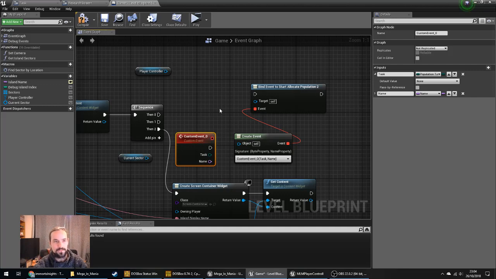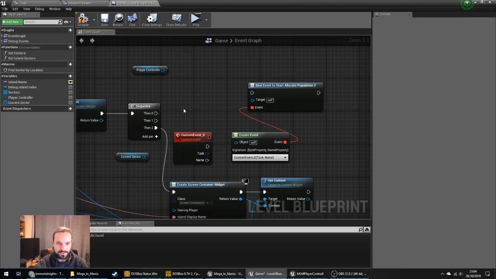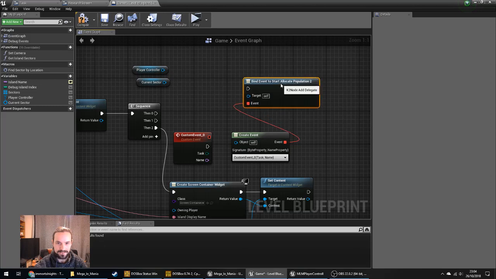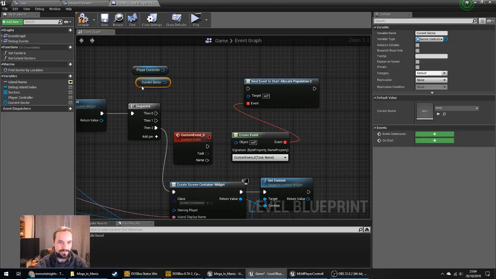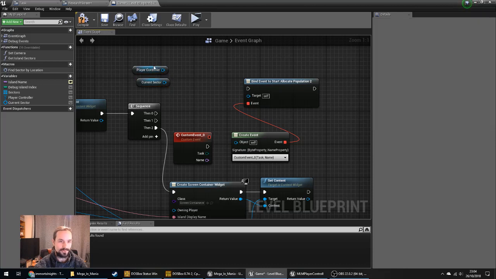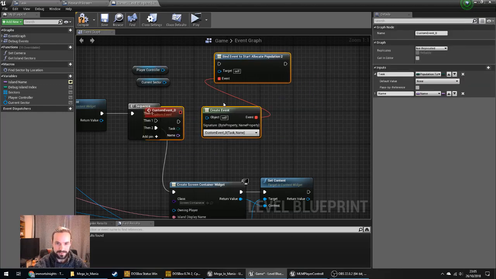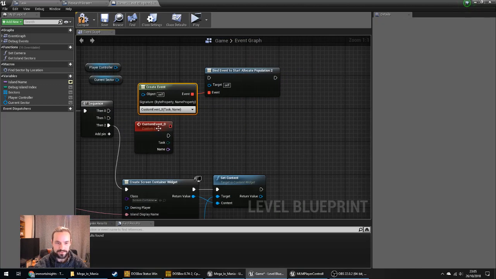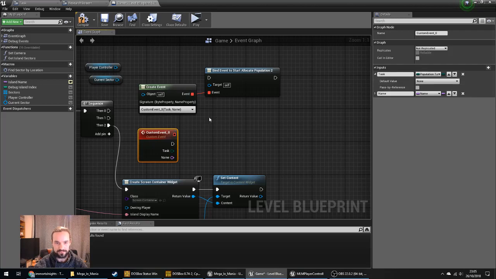But that's the bit that's confusing me and is difficult, because I've not done it before yet, is I want the player controller that has the event to trigger an event on the sector, because the player controller is kind of handling that player input, but it's a sector that wants to action it. Whereas this works well, and that definitely does save some time in the future where I've had to create one of these by hand with the right inputs. Doing it your way worked quite well. So